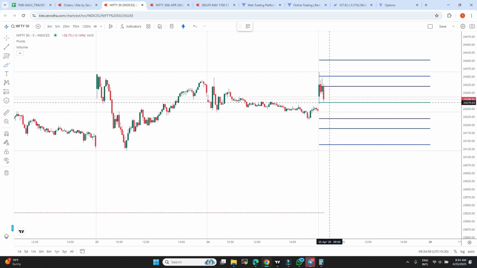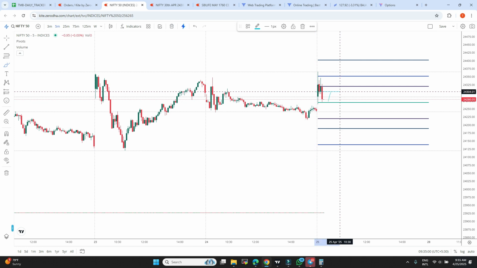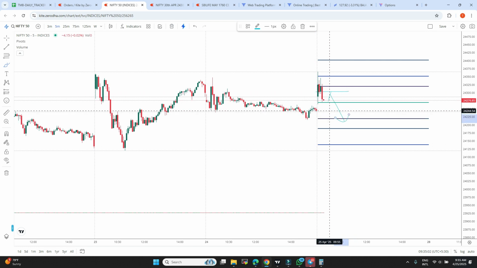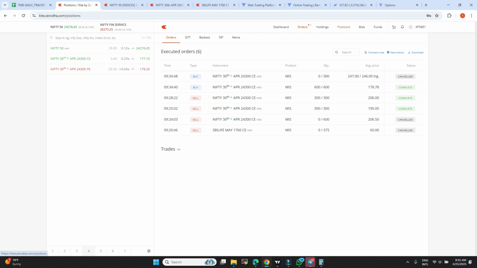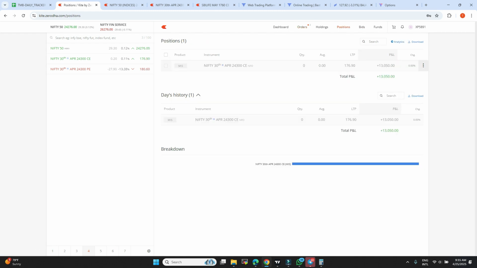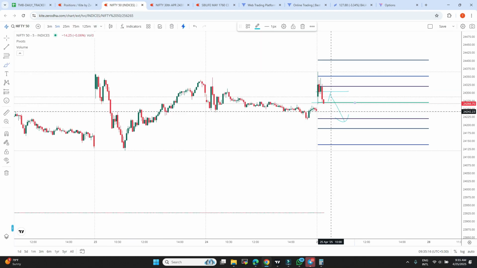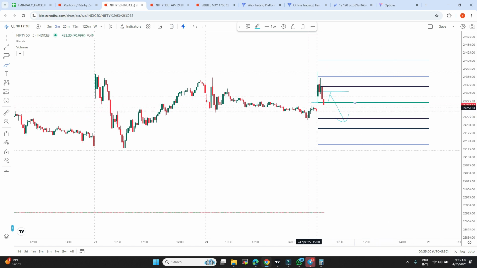After bouncing back, again it may bounce back till this point, then it starts falling. We have to see how it is going to go. Since we got some amount, why do we need to lose this amount? This is not a small amount, a reasonably good amount we got. So it got broken, and previous day close is also there. All together this is going to be the cluster of support.